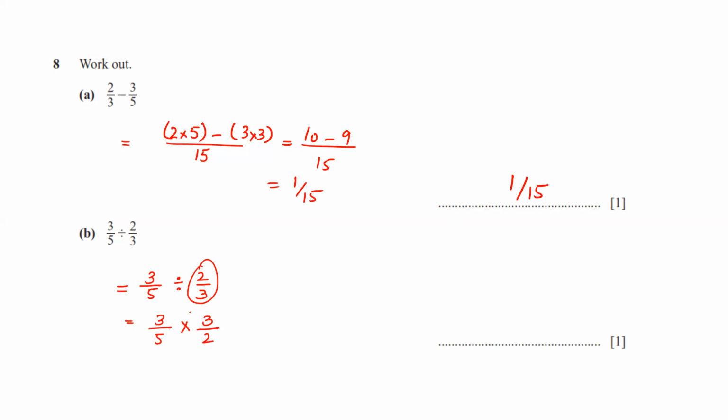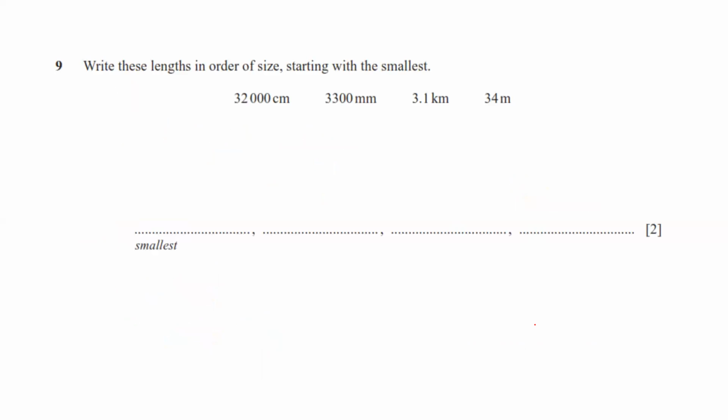3 by 5 multiplied by 3 by 2. So it becomes 9 by 10. 3 goes up, 3 into 3, 9, 2, 5 to 10. Okay, yes, so we are good. So 9 by 10. Moving ahead, question number 9, it says, write these lengths in order of size, starting with